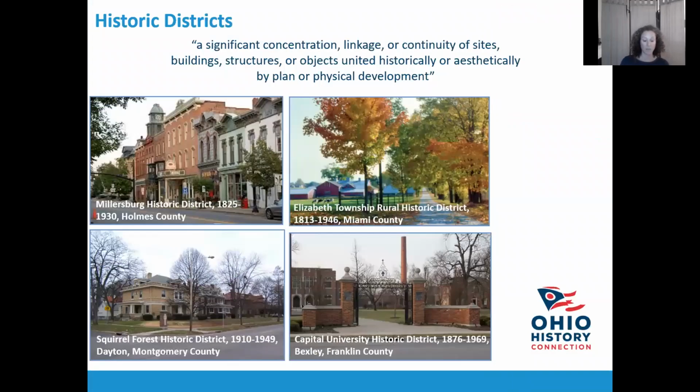Or a historic property can be a collective of these, making up a historic district, like the proposed boundary increase presented here today. Historic districts contain a significant concentration, linkage, or continuity of sites, buildings, structures, or objects, united historically or aesthetically by plan or physical development. When establishing a historic district, the history and architectural character is explained through the National Register criteria, that A, B, C, or D, the areas of significance, or the why it's important, and the period of significance, or the when